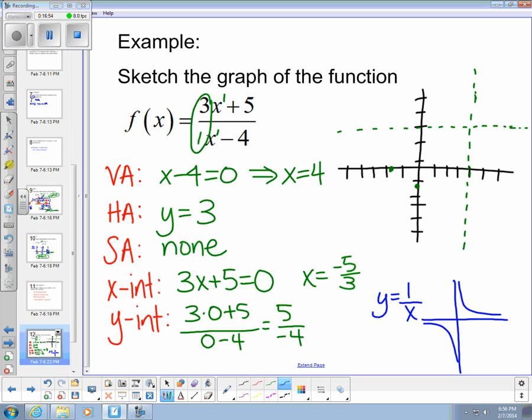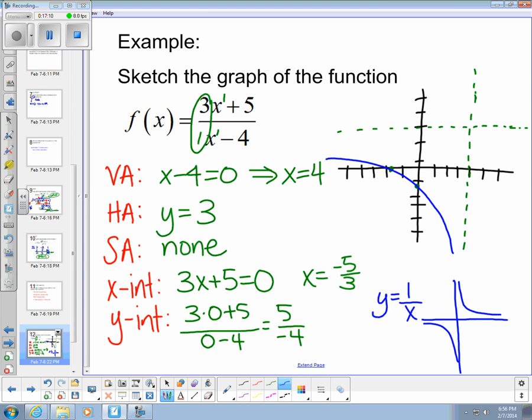And I've got 2 points that my graph goes through. So I'm just going to make my graph go through those 2 points, and it's going to follow the asymptotes. But that can't be the only part. Okay, so if I don't have any points on this right side of my vertical asymptote, what I can do